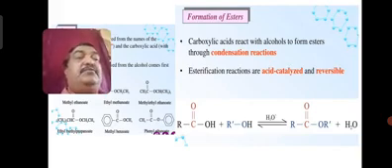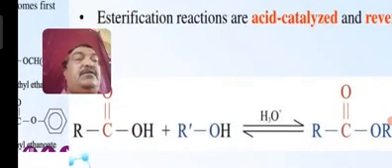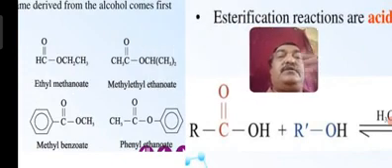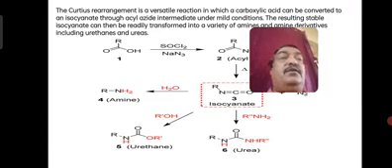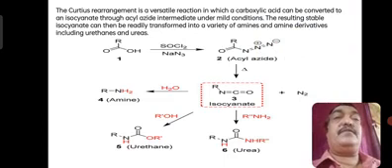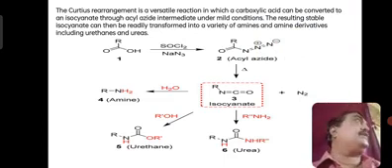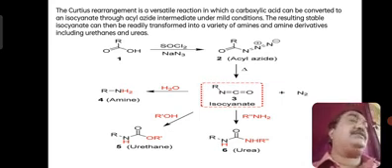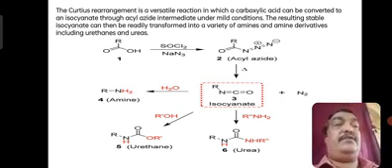It is a reaction between a carboxylic acid and alcohol to form an ester. Okay, so this is all about the 4 different types of derivatives. Now there are a few reactions left in the syllabus. The first one is the Curtius reaction. That is the spelling, C-U-R-T-I-U-S, Curtius rearrangement or reaction.